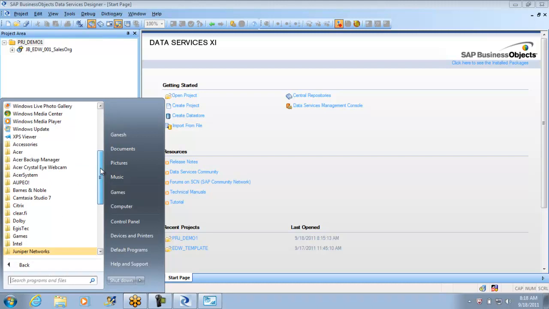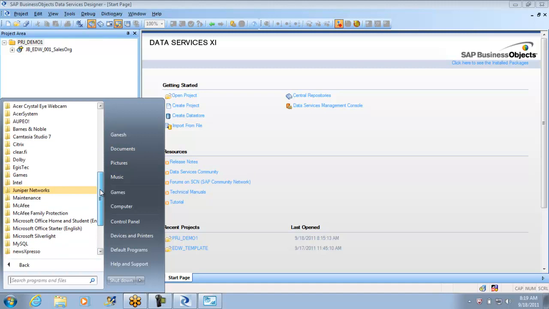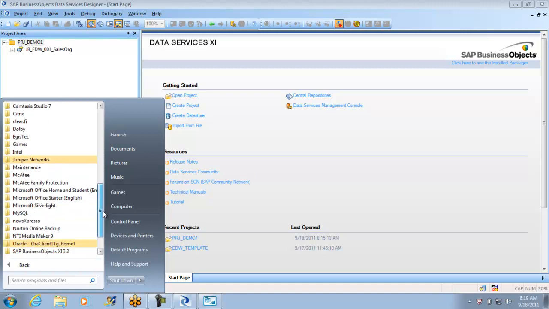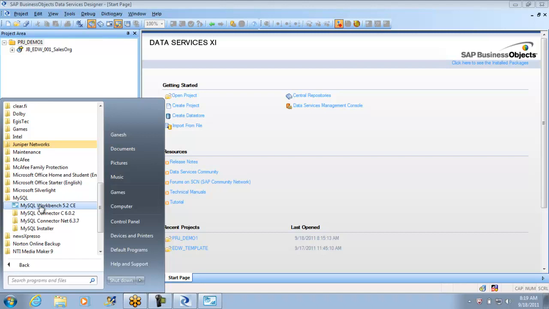Yeah, you can use that. But the current repository is in MySQL. If you want to create your own repository in SQL Server, yes, you can do it. The only thing is I could not do it because I don't have your username or password for SQL Server, and I need to know the schema name and more things to do that. But this makes your life easier than SQL Server. Once you install MySQL Workbench, you should be able to see something like this. And when you go in, you should be able to work or create a new schema.